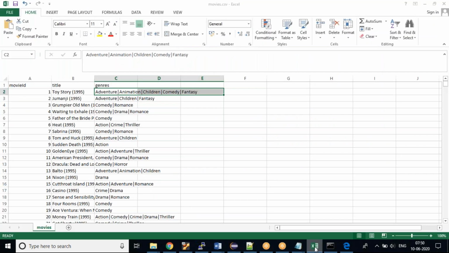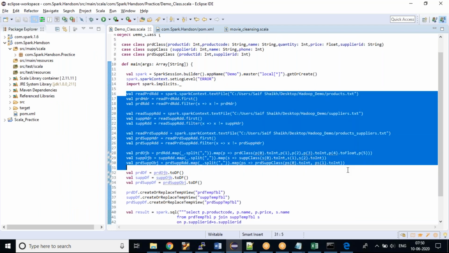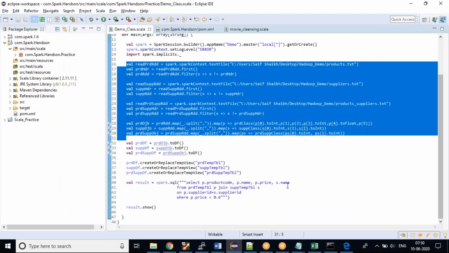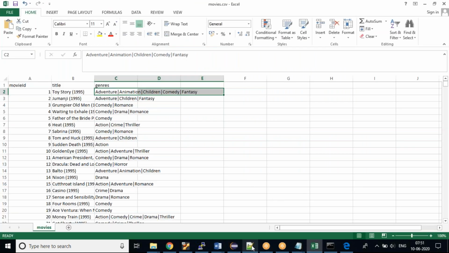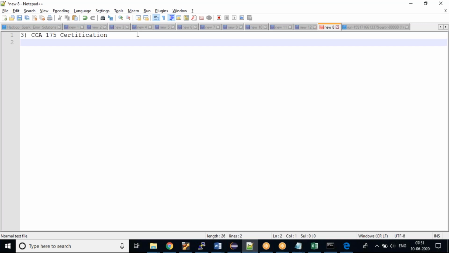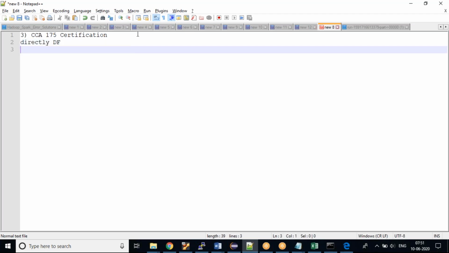So we have all here. What we have done is we have used the RDD method and we have used Spark SQL queries. Now to achieve this, I'll use the data frame. I'll not use the case class and I'll not use the object. So I'll use my data frame directly. And in the previous scenario, I showed you Spark SQL. Here I'll show you DSL, that is domain specific language.